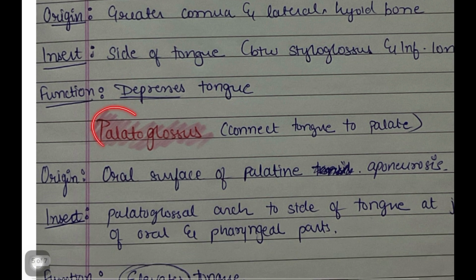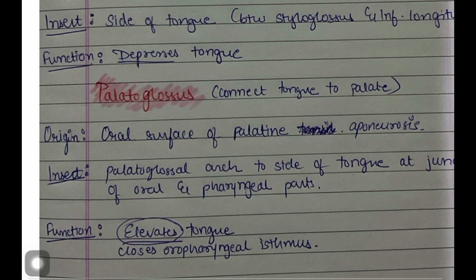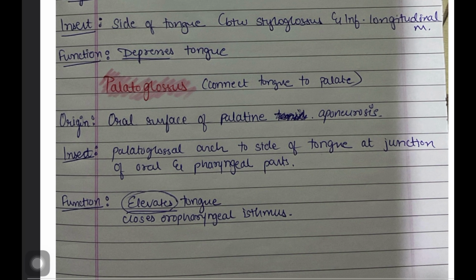Next is the palatoglossus. Connects tongue to the palate. Origin: oral surface of palatine aponeurosis, palate. Okay. Then inserts into the palatoglossal arch to side of tongue at junction of oral and pharyngeal parts. Function: it elevates the tongue. Okay, closes oropharyngeal isthmus. So here is a trick which helped me remember this extrinsic muscle is that, see, palate